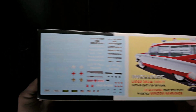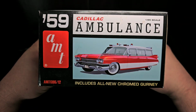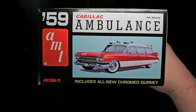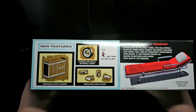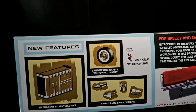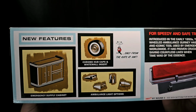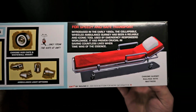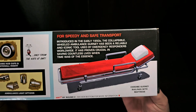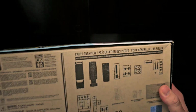And showing off that gurney there. Quick preview of the decals. End card, same as the top, includes our part number of AMT 1395. And here we have more new features for this Cadillac ambulance. At the emergency supply cabinet, chrome hubcaps and white wall inserts. New ambulance light options, and then again talking about the chrome gurney with a mattress, or new for the 50s,